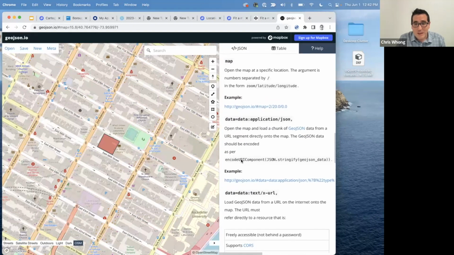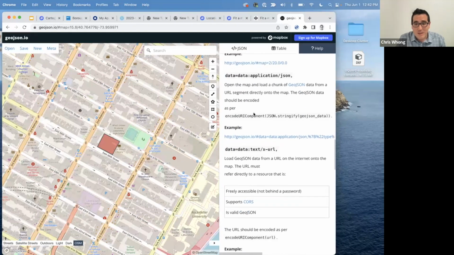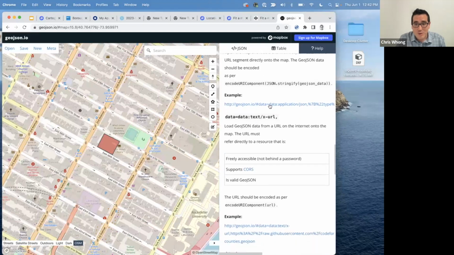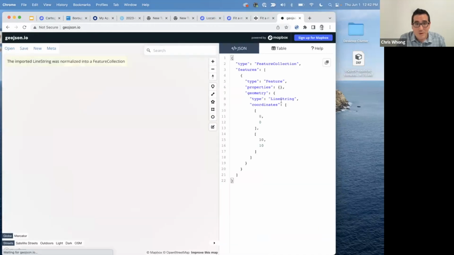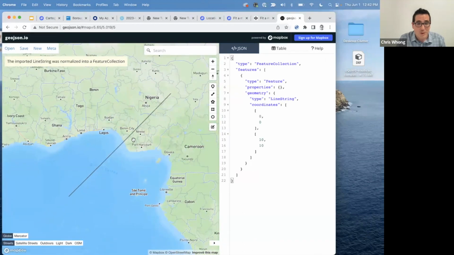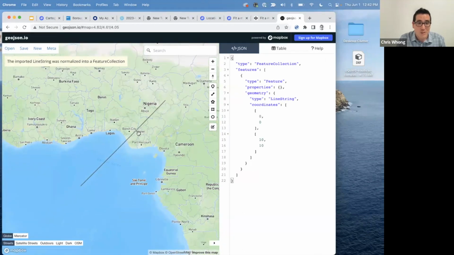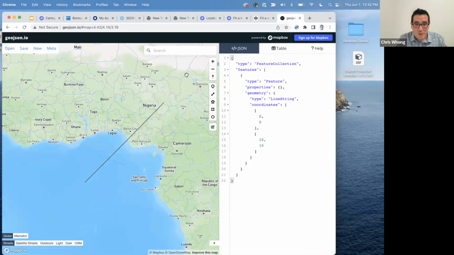Basically, with this little hash attribute here, data colon application, you can actually pass in GeoJSON as part of the URL. How that looks right here in this example is a simple line string with 2 coordinates, but it was passed in via the URL. I didn't draw it, I didn't load it from a file, it's just part of the URL.